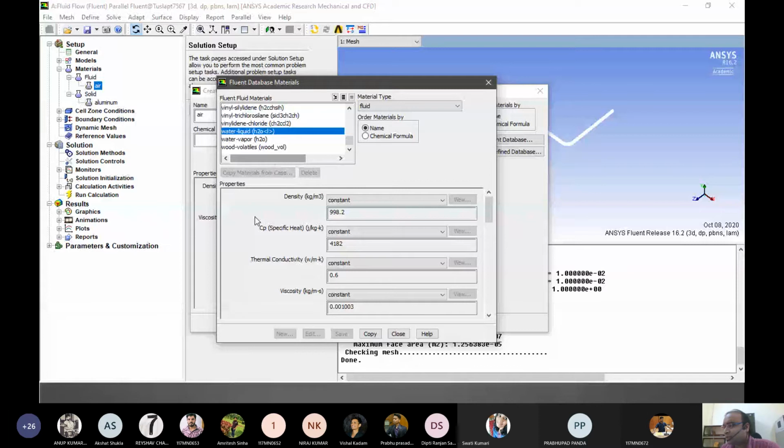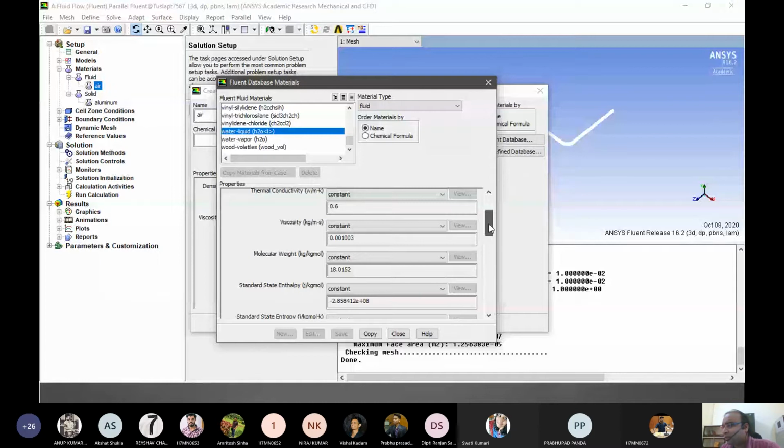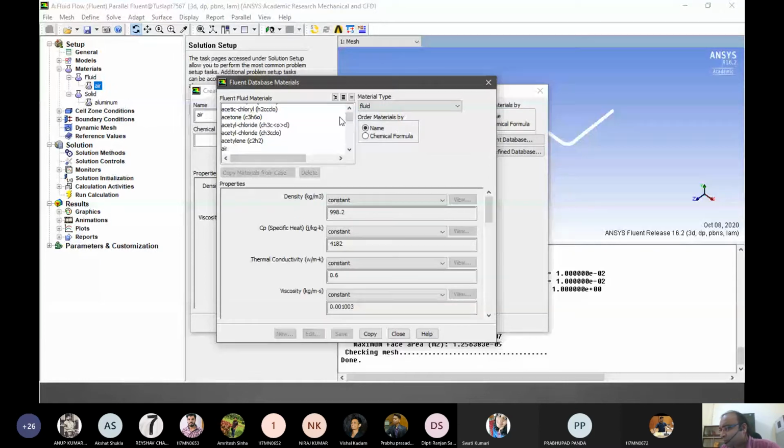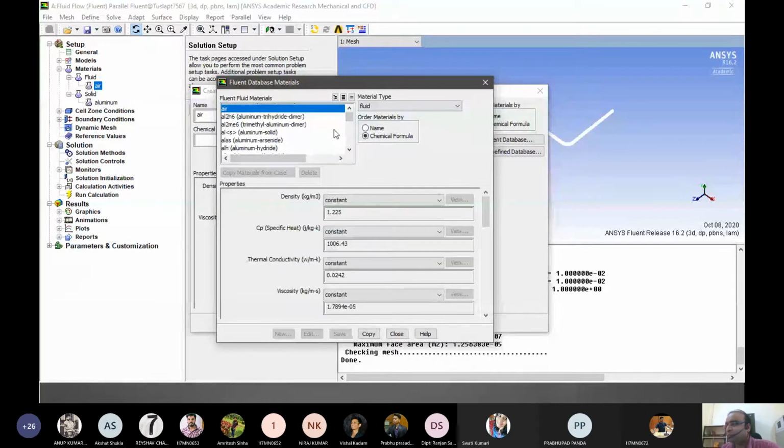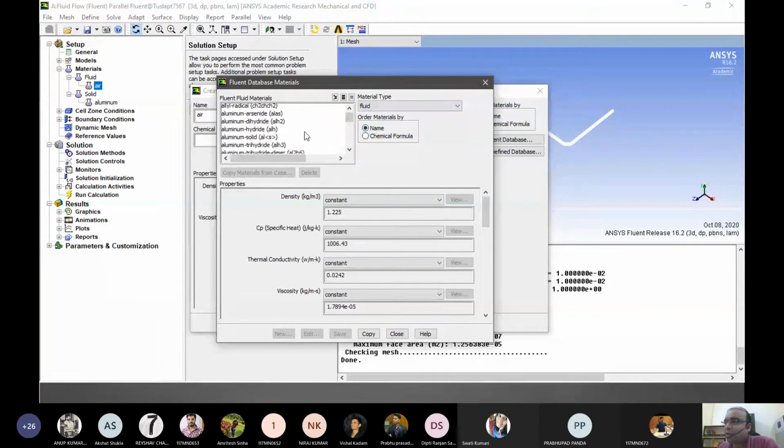And what we had here was air. So air is here, and it does not show all the properties because it is already selected. You can search by name or chemical formula, so you have all the chemicals here. Customizations can be done whichever you want, and you can even change these values. So it's totally up to us. So let's keep the air as it is, right? And you want to basically see how the air goes in and what happens inside. So these were the materials.